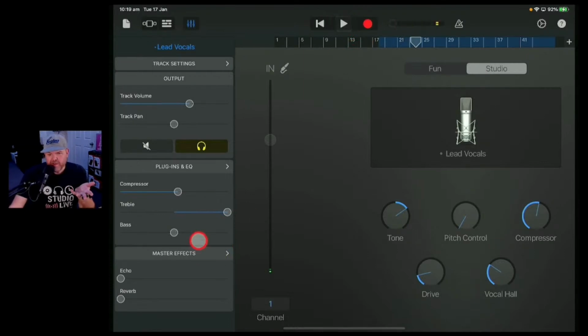So hopefully you're hearing that it's making it sound super crispy. Yeah? Because the treble's gone up. If we do the opposite,